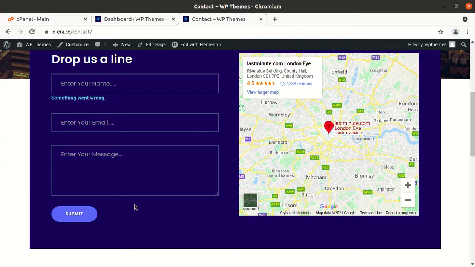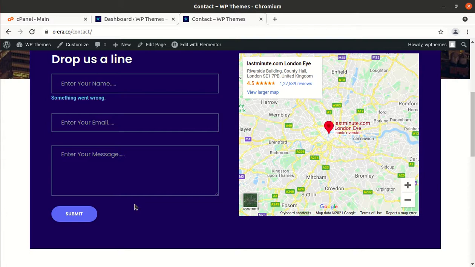So for that we are going to use captcha in Contact Form 7, and we will install a very simple captcha code for making it safe, keeping it away from the hackers, malware and spyware. So the first part would be how to add captcha to Contact Form 7, and the second part would be how to make an advanced Contact Form 7.